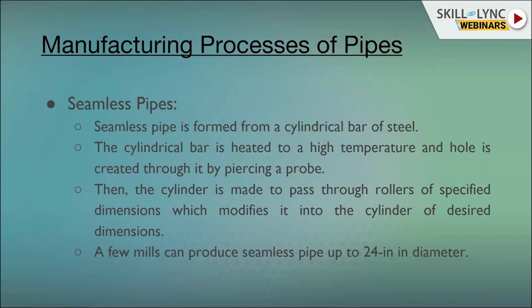These seamless pipes are used for transportation of fluid from one part to another in very high pressure and high temperature rating areas. So in that area only, seamless pipes are required. For that, diametrical tolerance is required for a particular pipe. So different kinds of pipes are manufactured as seamless pipes, up to 24-inch.